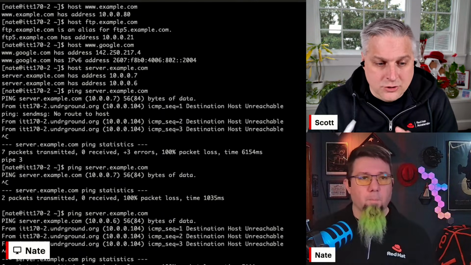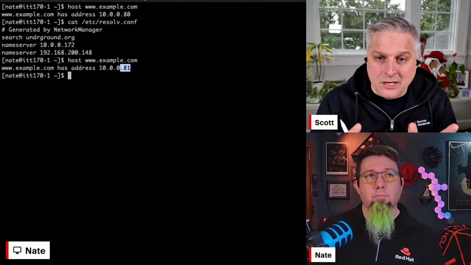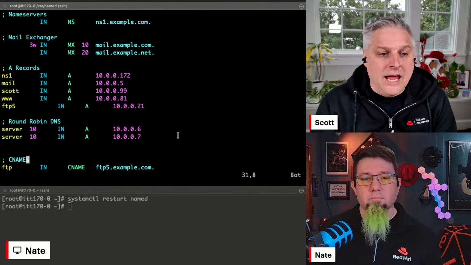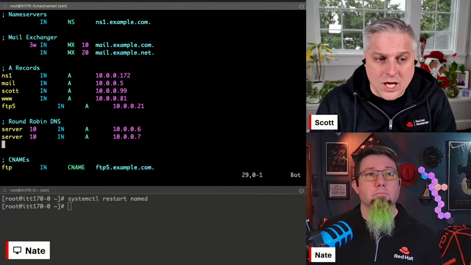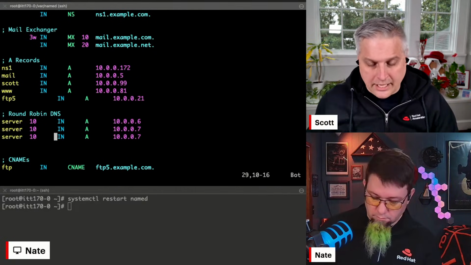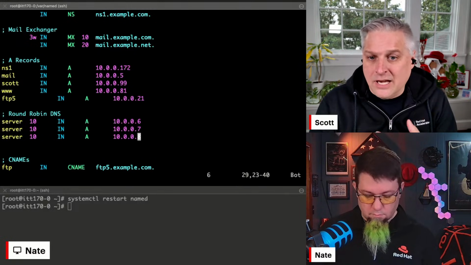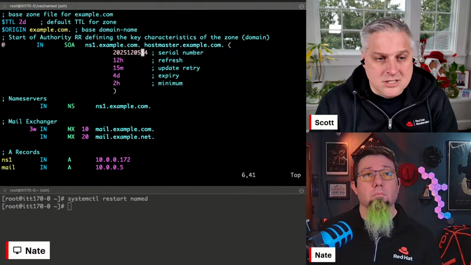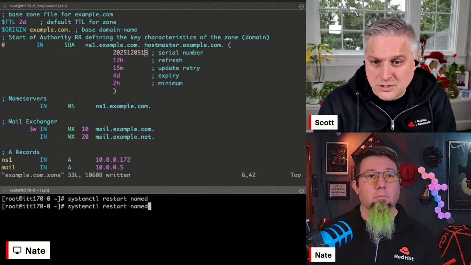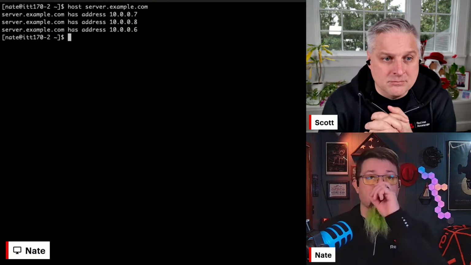So your client, which was ping, that's not a DNS client, did a DNS lookup. It got .7 and used it. And then when the cache expired and it did another DNS lookup, the DNS server provided the other one. And essentially, what will happen is it'll just alternate between the A records for each host that connects. So sometimes you might get 7, sometimes you might get 6. It depends on how many other people are doing that query too, because the name server just serves them out serially.